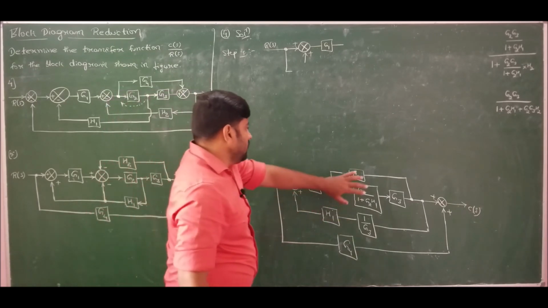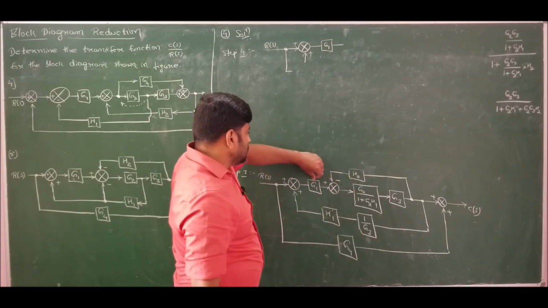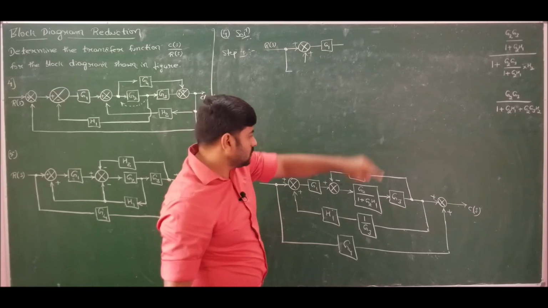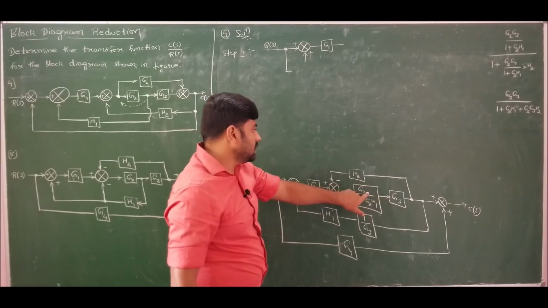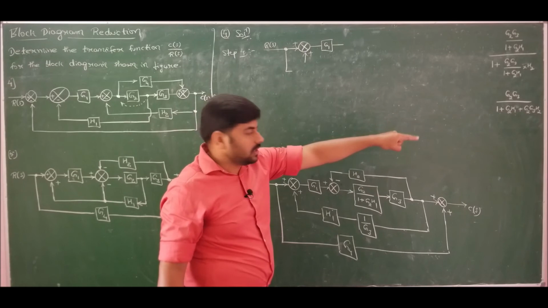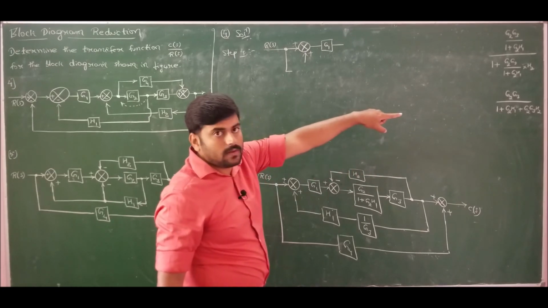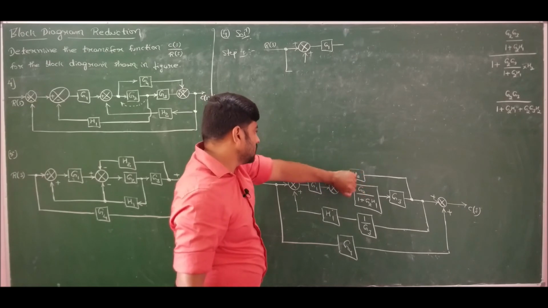And that will be in series with G1. So G1 will get multiplied to that solution. Hope you understood. As I multiplied G3 inside, solved this loop, that is what I got, and then that will be in series with G1. So hence G1 should be multiplied to that one. So that completes this complete thing.